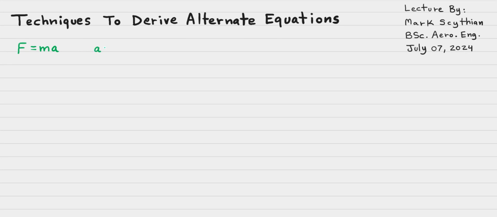We can also find the equivalence for acceleration, which is the change in velocity divided into time, as well as distance divided into time squared. And then, of course, algebraically rearranging acceleration from F equals ma, we get force divided into mass. So we could also derive an alternate set of equations from the F equals ma